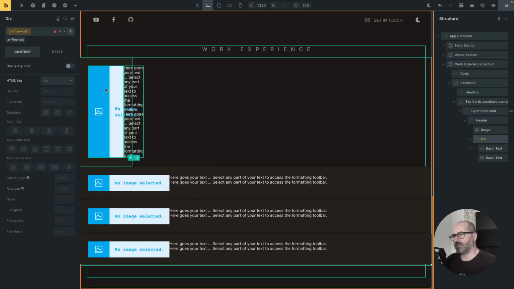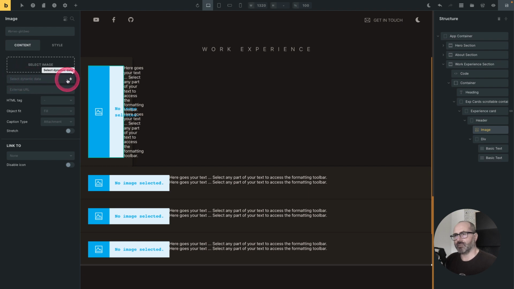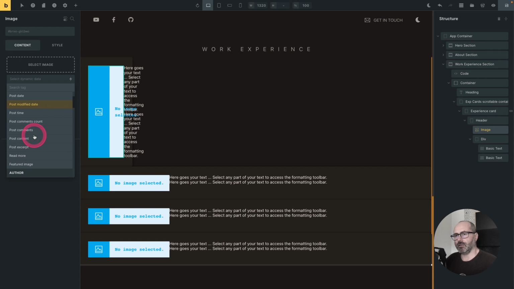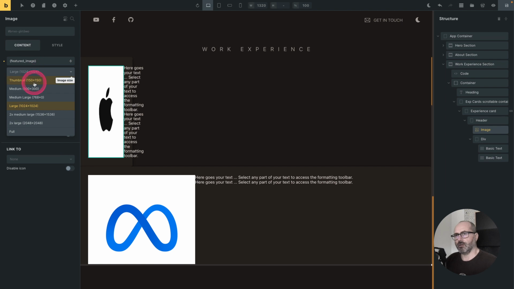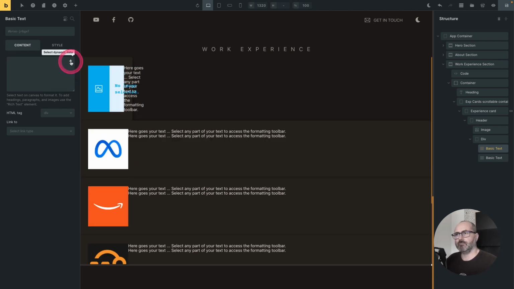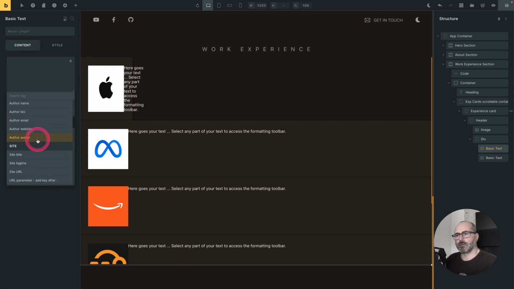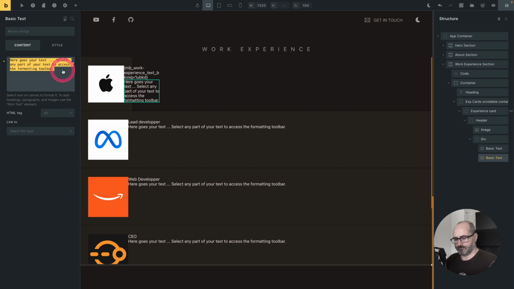Okay, so now let's take care of the dynamic data. This is my image, and I want to pull my image from dynamic data. And this will be my featured image. And I want it to be a thumbnail size. My first text, let's get rid of this, will be, and now let's go to our custom fields, work experiences. We have our field. This will be the job title. And the second one